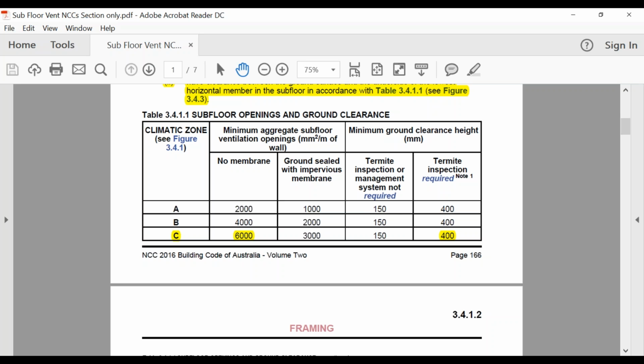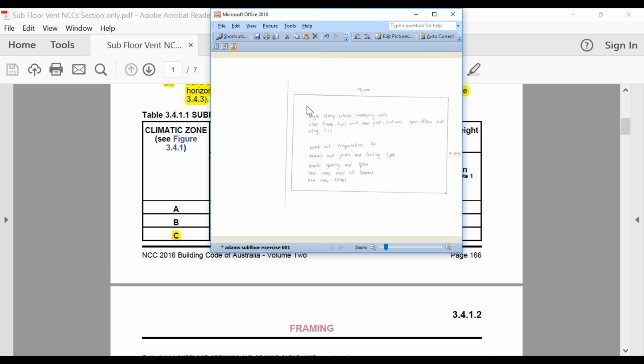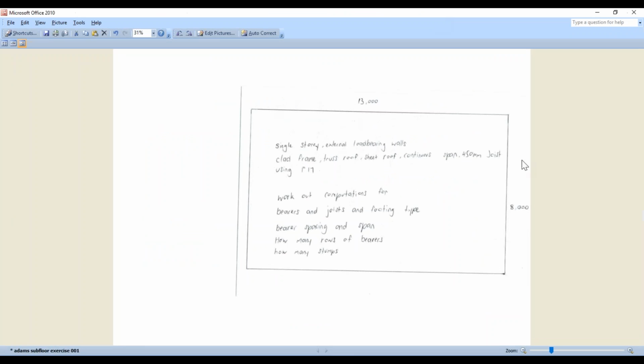So what we're going to be doing, guys, is actually designing a subfloor. I thought the first exercise that we would do, this is one that I made up today, and it's just drawn with a ruler. I'll just bring it over onto the screen. I think this is probably a good one to start with as well. And then the guys who actually haven't done this before,